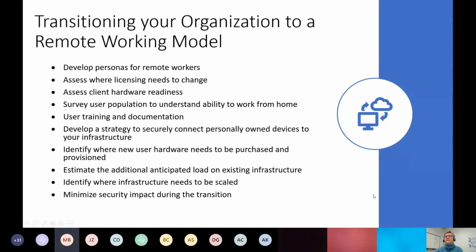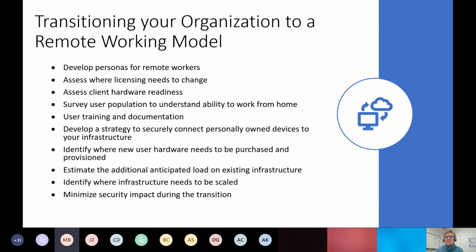Yeah, there you go. So we just wanted to talk about this very briefly. We've had a lot of people asking us about the transition to moving people to working from home, which a lot of people are rapidly trying to do at the moment. Just wanted to talk about some things to think about, and just to offer our services in any of these areas if it's something that we can help with.